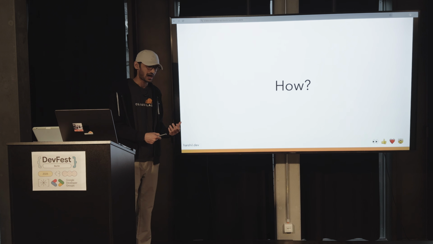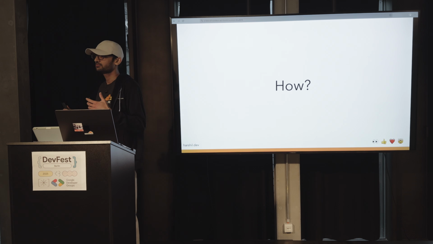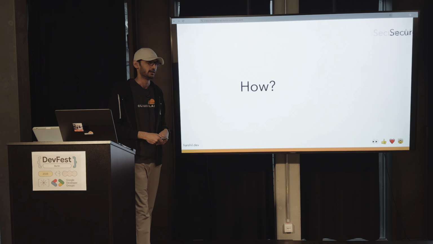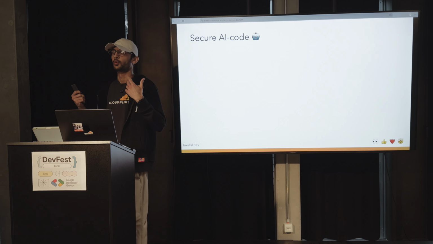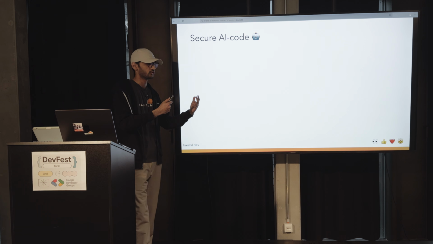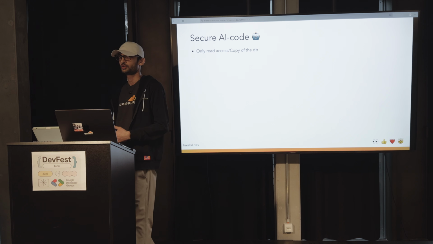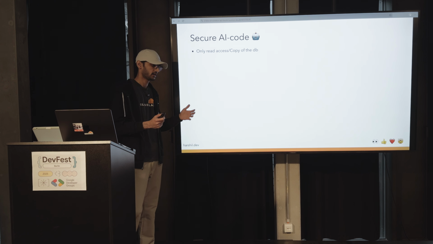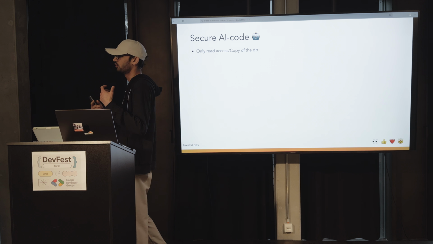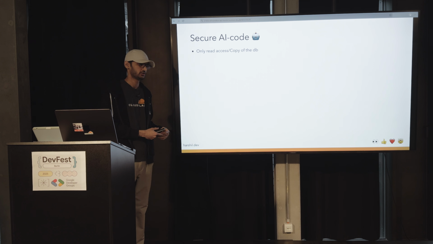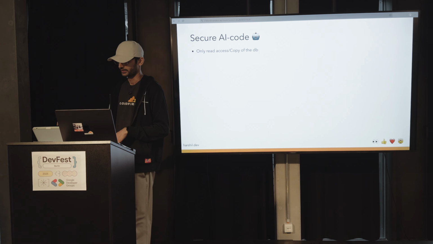Now this brings me to how can we actually secure AI generated code. The things that I am going to share in this slide are more general things that we need to be really aware of, but we oftentimes forget that we should be doing. The first one is, don't give AI access to your production database. Never ever do that. Either give it only read access if that is necessary, or if you really want AI to do write or delete operations on your DB, give it a copy of that production database. Never give it direct access to your production database.